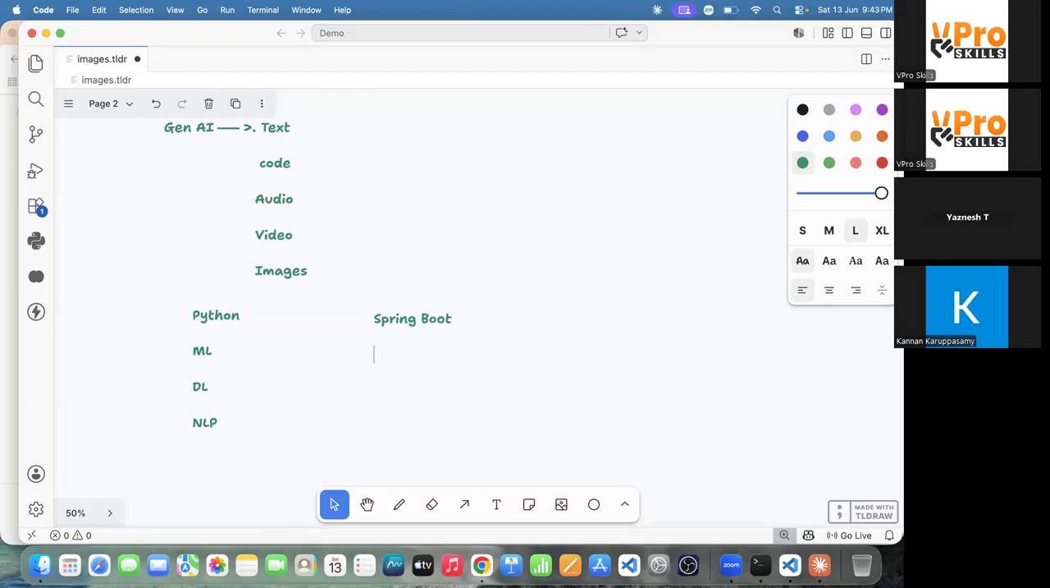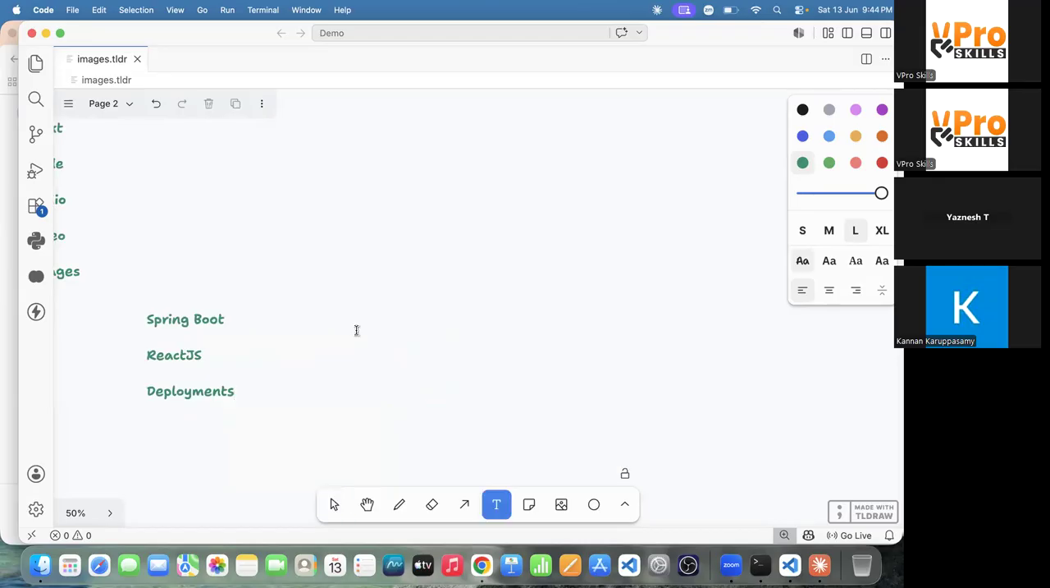Next, I need to show one more integration, the React.js integration. And I need to go through the deployments also. All the deployments I need to show. Got it or not? And another thing, one more person, Anil, is in contact with me in parallel,